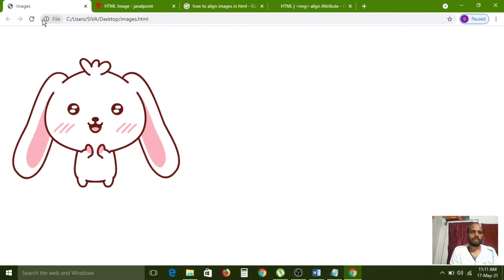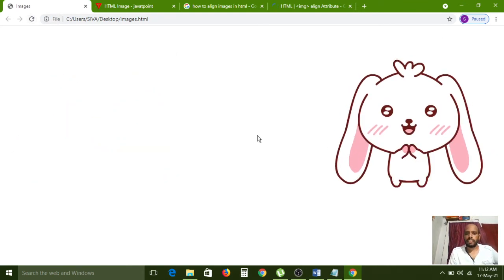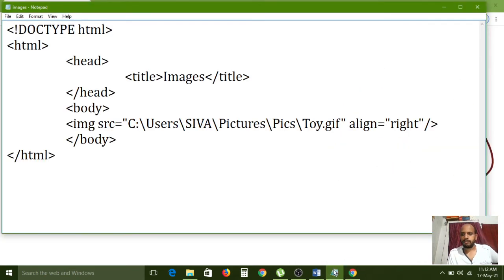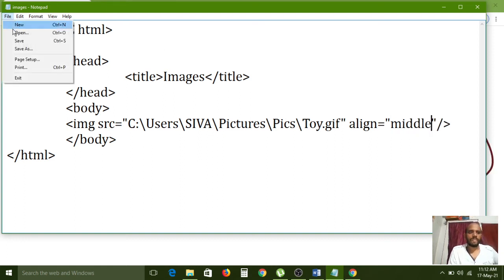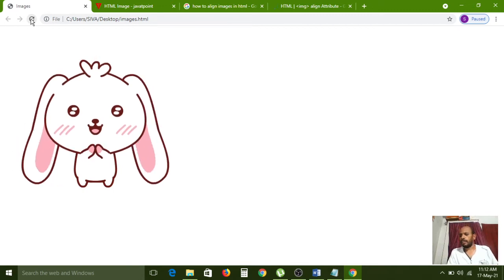This is the images option. Yeah, it's working properly. But why is it not working in the middle? Middle. Go to save. And again, I am refreshing this page. So the middle option is not working.